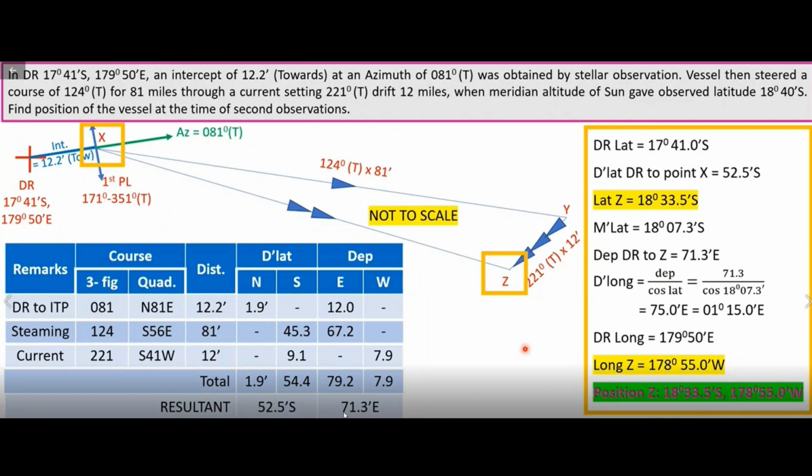ठीक है सर। अब हमें डिपार्चर मिल गया था बेटा टेबल से 71.3 ईस्ट। सो हमने इस डिपार्चर को डी लॉन्ग में कन्वर्ट कर दिया। कैसे कन्वर्ट किया? हमें पता है डी लॉन्ग इज इक्वल टू डिपार्चर बाय कॉस ऑफ एम लैट। ओके, ठीक है सर, आगे तो वही सेम कैलकुलेशन आगे समझ आ गया सर। राइट, ये डी लॉन्ग आ गया। इस डी लॉन्ग को हमने इनिशियल लॉन्जिट्यूड पे अप्लाई किया विच वाज 179.50 एंड वी गॉट द फाइनल लॉन्जिट्यूड।